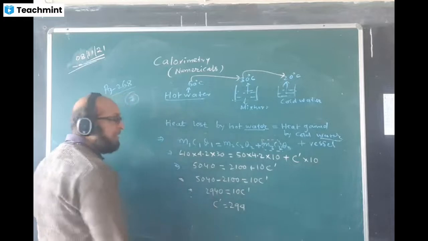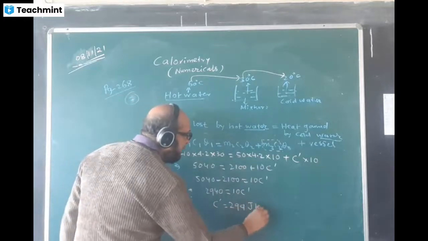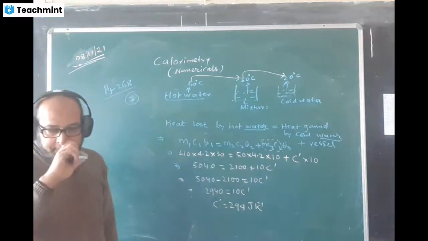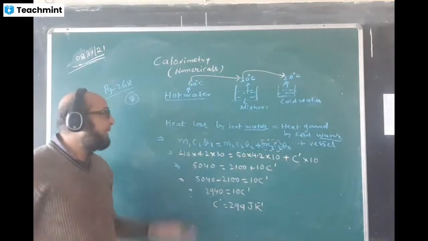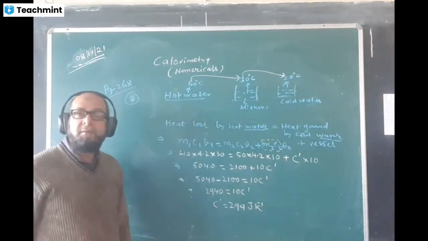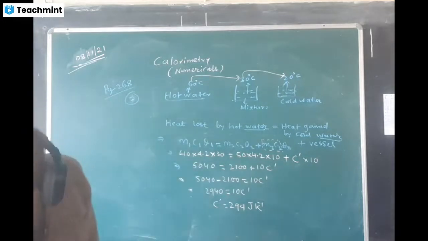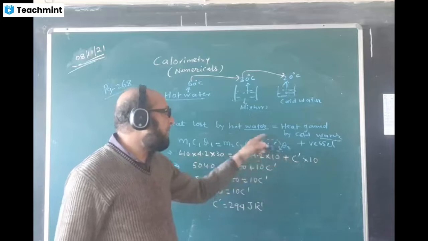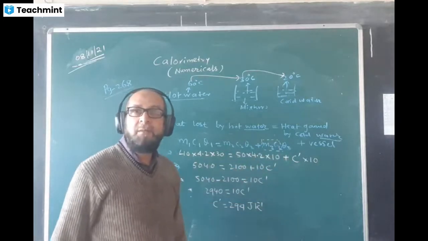Now I'll give the unit. Heat capacity unit is joule per Kelvin. SI unit, joule per Kelvin, JK minus 1. This is the answer. You have to make equations, and after forming the equation, maybe one thing is unknown, you have to find that. Here, A and C both were not given separately, that is, both as a whole only we are asked in the question. And we found that.